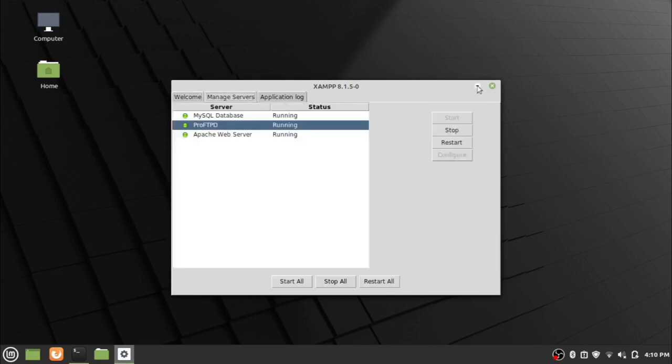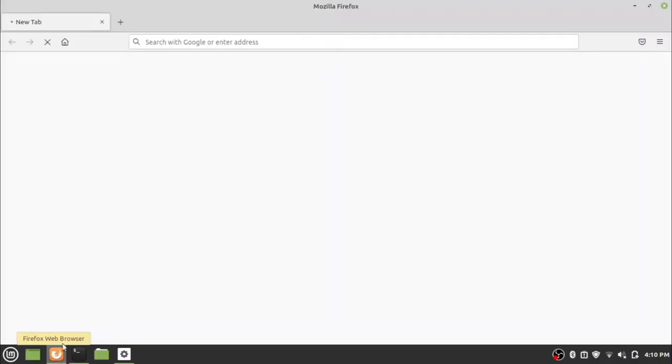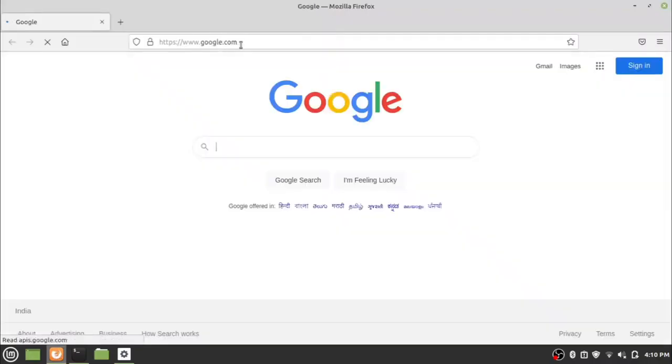After starting all the servers under Manage Servers, to check that the installation is successful and the server is running, go to the web browser and open